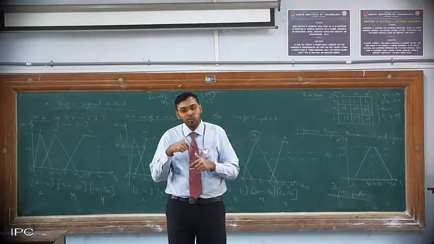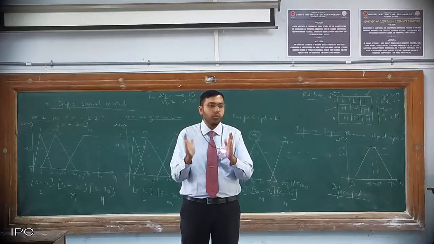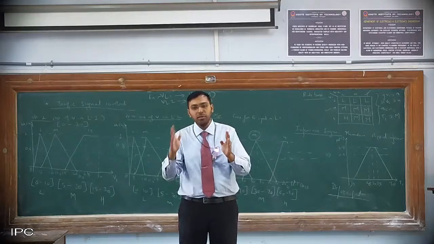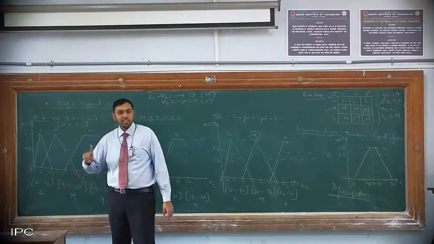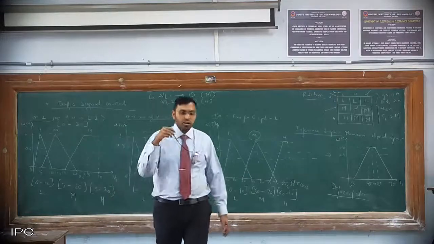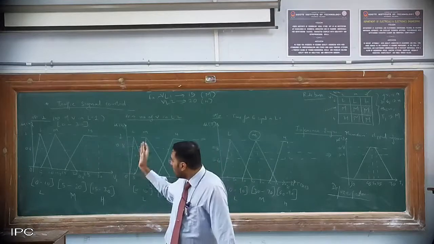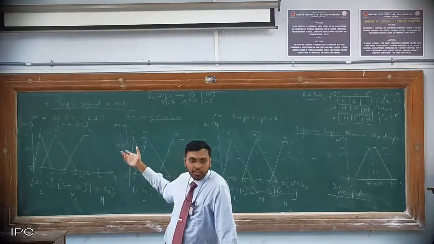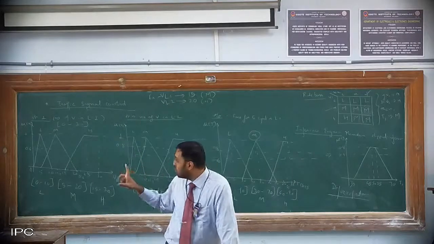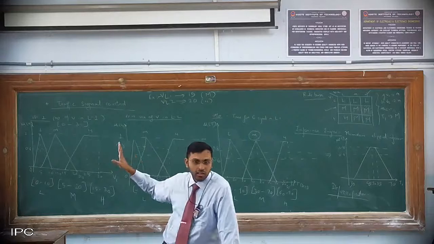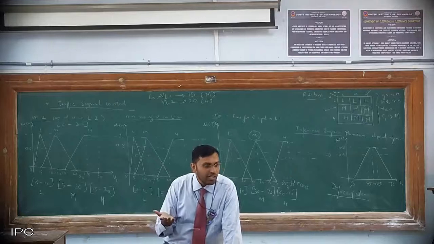For that reason they have to write a code once again: if there is a value exactly in between, lying in both the high domain and the medium domain, at the center point, then the developer, the person writing the code, will write one more additional code saying that in that case either choose M or H. Let us consider that we are choosing M. Then if it is at the center, irrespective of the value, you choose M.